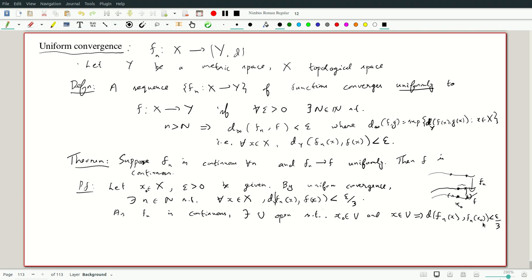So we are using continuity of f_n at x0. Take a ball around it, and you can find an open set which maps into this ball. Hence, if x belongs to u,